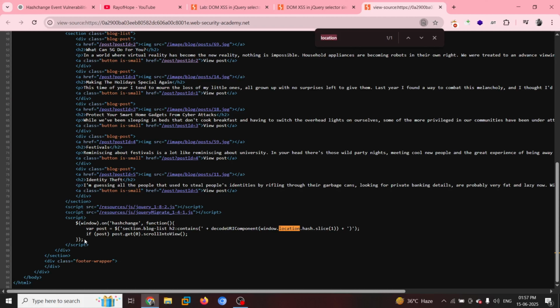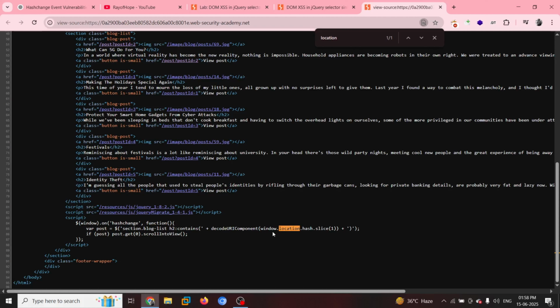Basically, over here, if you look at what is happening in here, we can see that it uses a jQuery function, jQuery selector actually, jQuery selector function, right? Which actually auto scrolls to a given post, right? Via location.hash, right? So it is using a selector function that auto scrolls using location.hash.